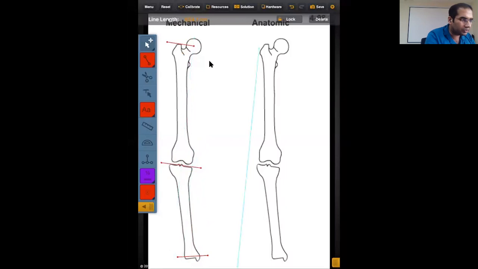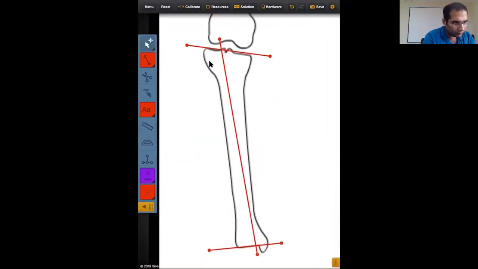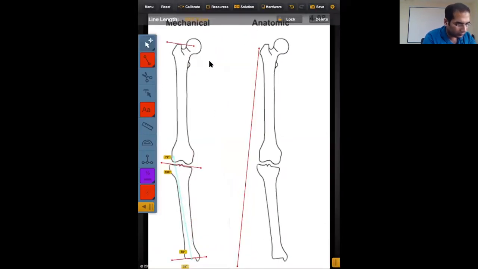And as you can see, over here, the medial proximal tibial angle is 76 degrees, and the distal is normal. So we know that it's an intra-articular deformity because the distal angle is normal. So what we are going to do is we're simply going to